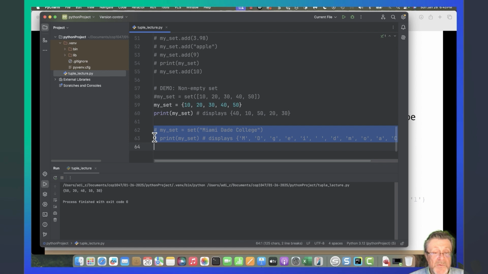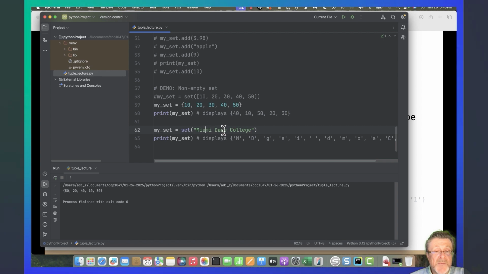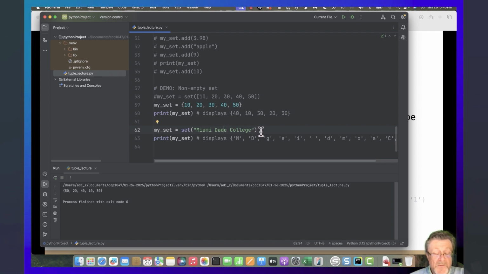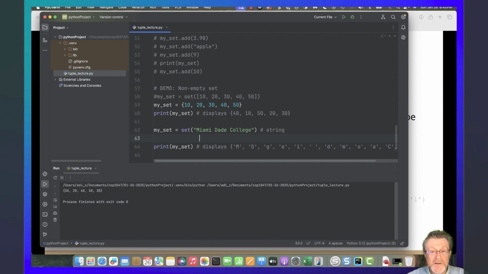In this example, I am adding a string, Miami-Dade College. Now this is a string, and one thing you need to remember is that